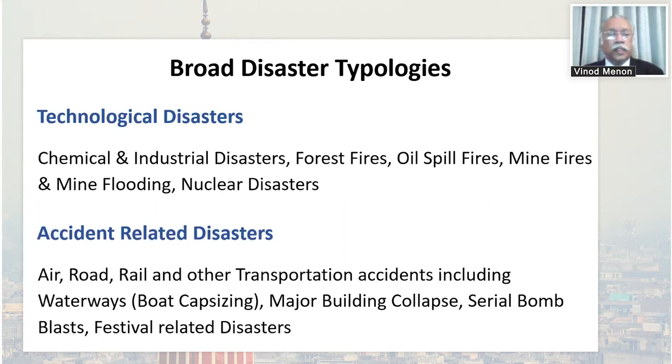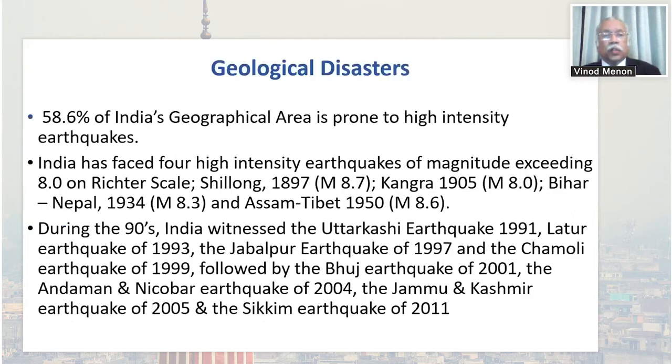And accident-related disasters include air, road, rail, and other transportation accidents, including boat capsizing in rivers, building collapses, and so on. So we have bomb blasts, festival-related disasters, and many other accident-related disasters which happen. So in terms of the geological disasters, as I said earlier, 58.6% of the geographical area